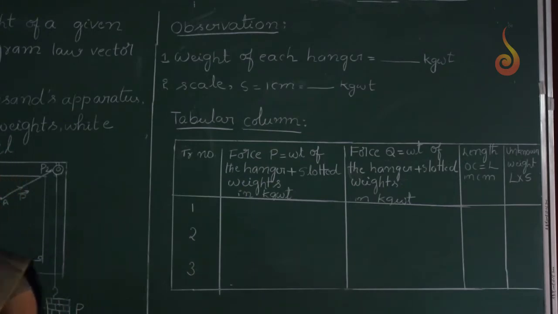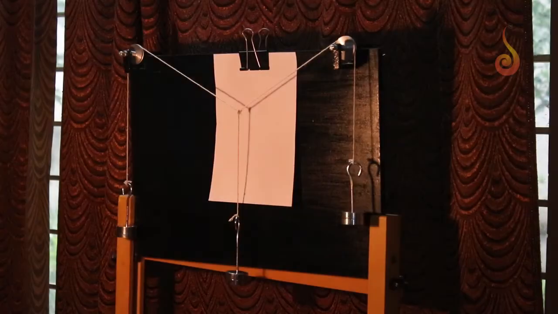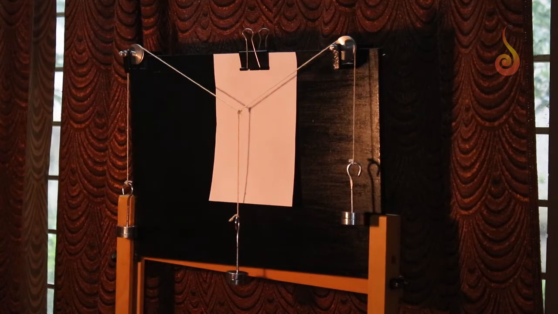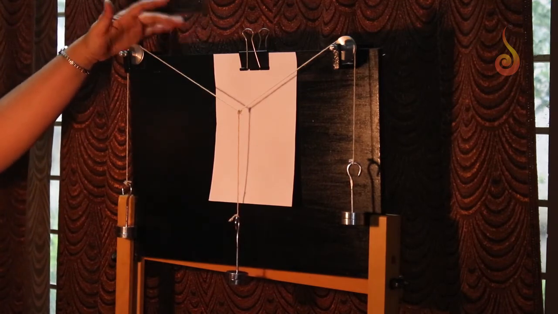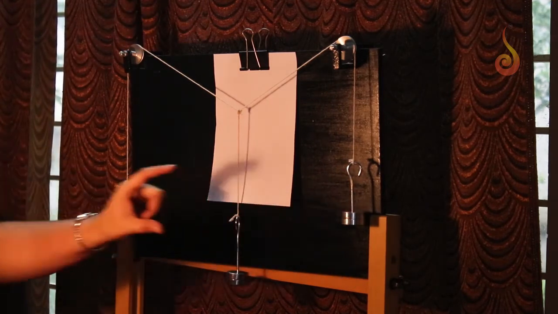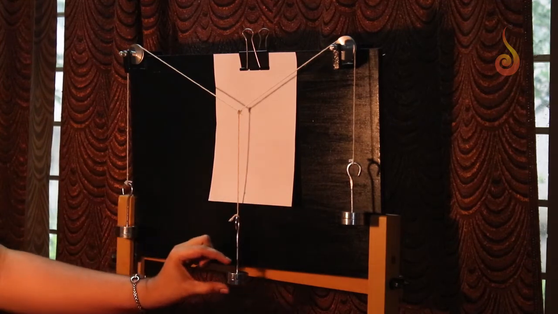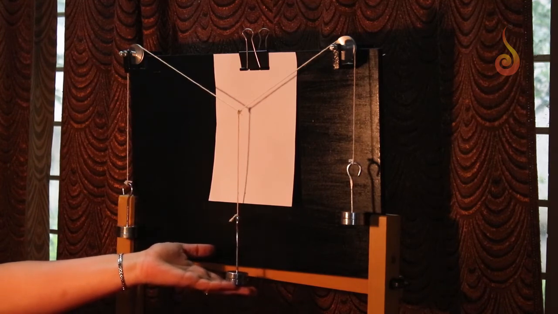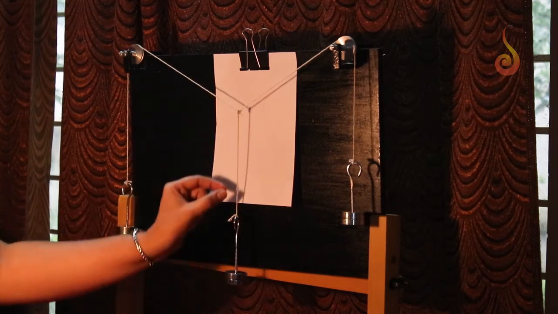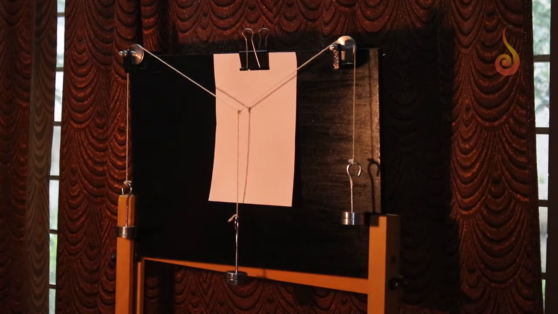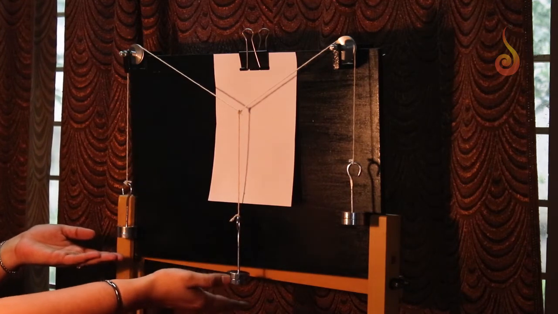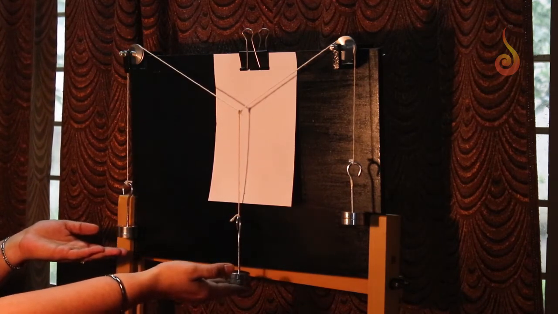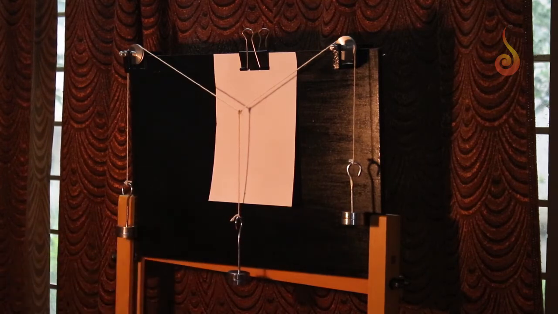Let us move on to the experimental part. Here is the experimental setup, and this one is Gravesand's apparatus, and these two weights are known weights, and this one is some unknown weight. Here in this experiment, we are going to find out the unknown weight attached to this middle string. Then let us know how to perform this experiment. And the main thing, while performing this experiment, these slotted weights should be in a rest position.